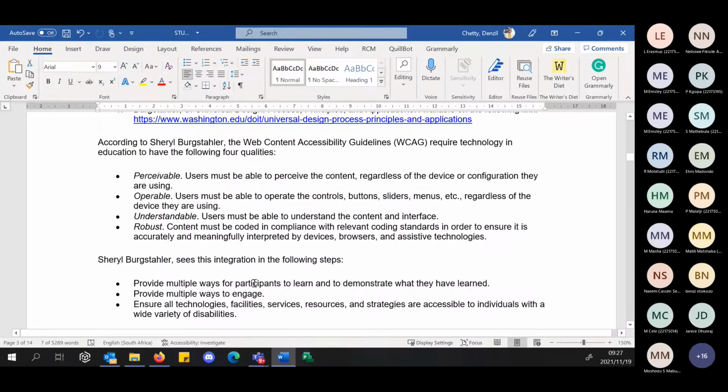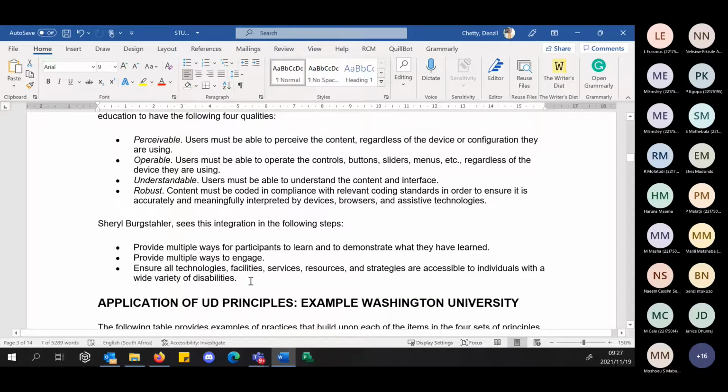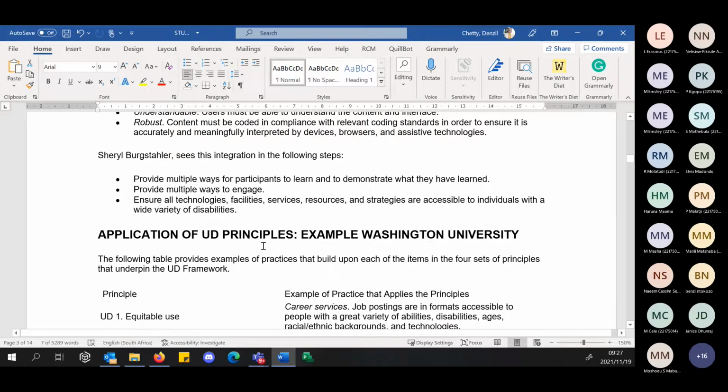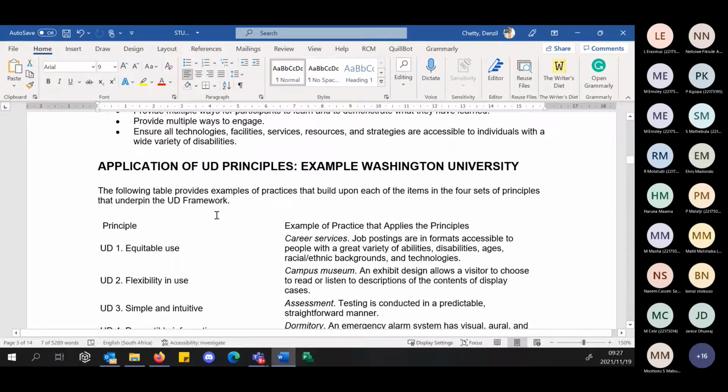Now, Cheryl Bergstaller sees the integration in the following 4 steps, right? Provide multiple ways for participants to learn and to demonstrate what they have learned, provide multiple ways to engage, and ensure all technologies, facilitated services, resources, and strategies are accessible to individuals with a wide variety of disabilities. Now, for example,